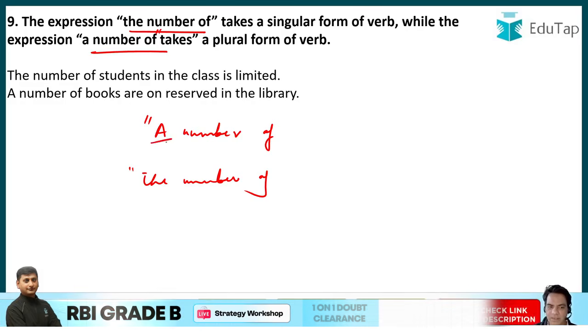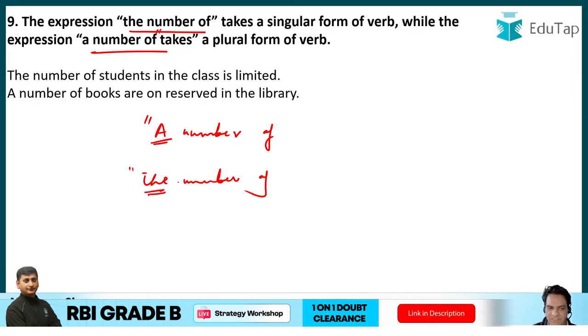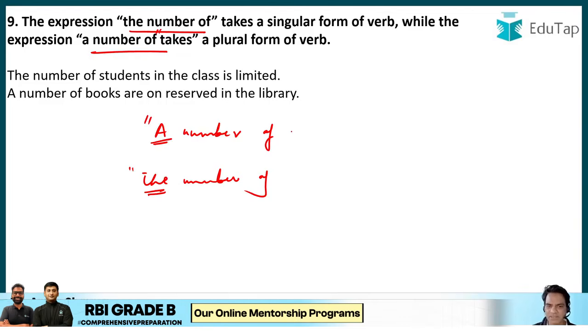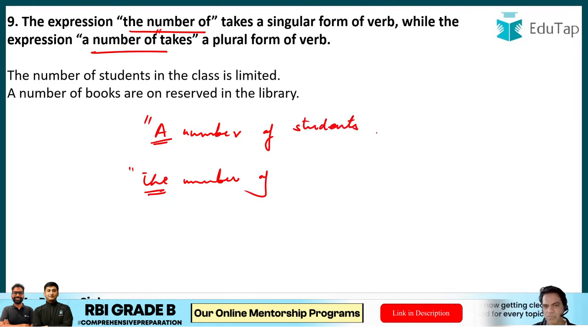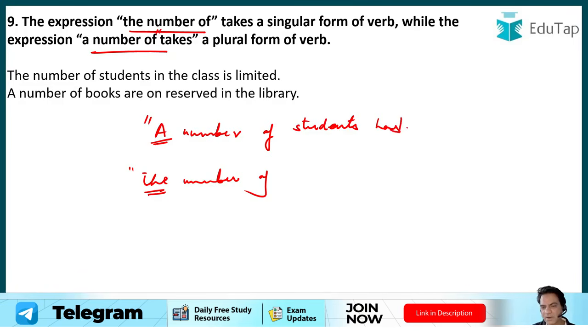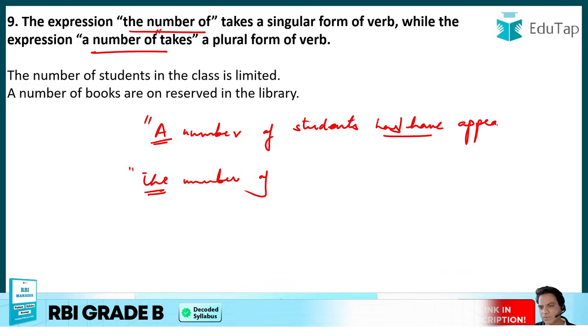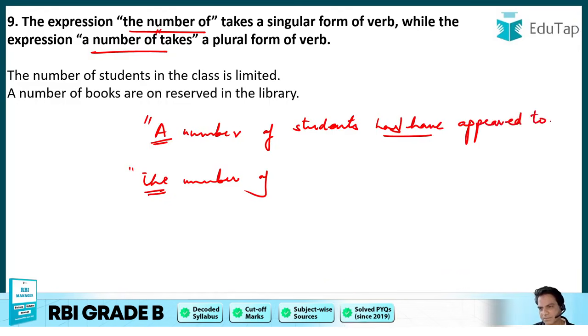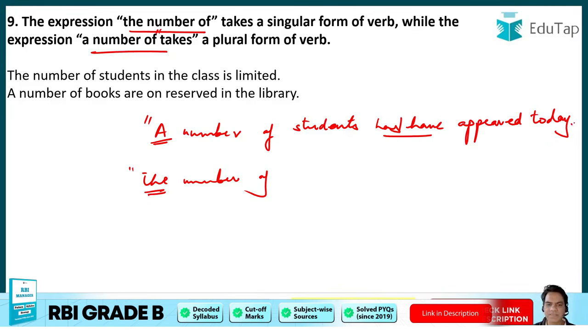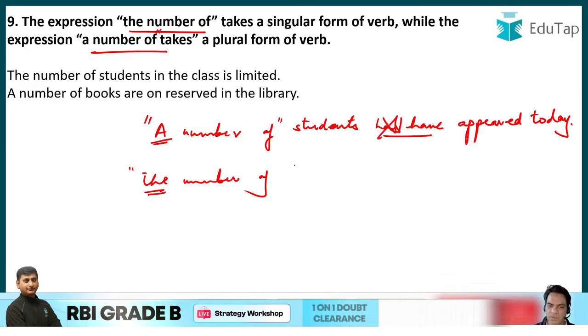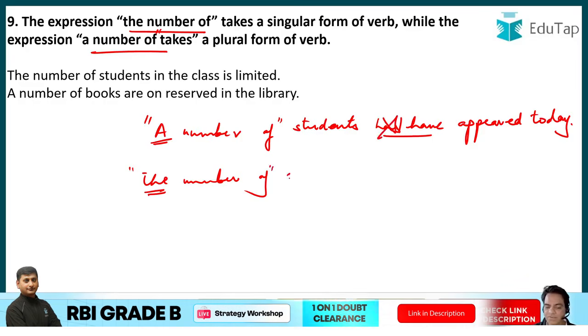Why? A refers to a random number, whereas the refers to a specific number, and that number is singular in English mathematics. So for example, a number of students has appeared or have appeared? A number of students have appeared today. So a number of will always take a plural verb, whereas the number of